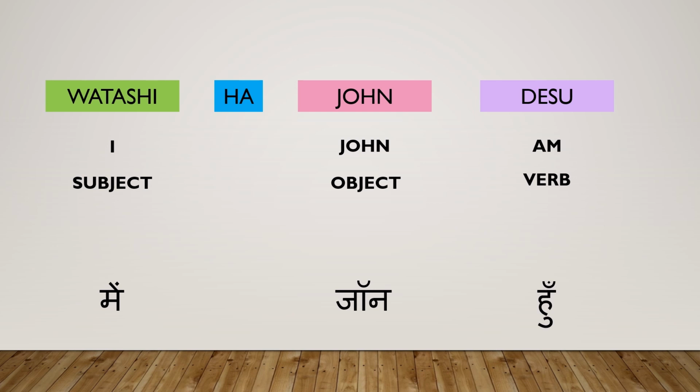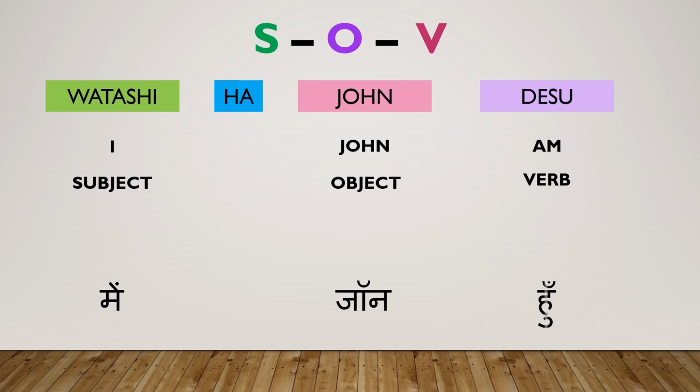So in Hindi, the sentence structure is main John hoon, which is in Japanese Watashi wa John desu. If we compare the difference between Japanese sentences and English, in English, what was the word order? Subject, verb and object. Whereas in Japanese, it is quite noticeable. It is subject, then the object and then the verb. So it is SVO in English and SOV in Japanese. SOV is a similar structure of sentences in our Indian languages as well, where the action is spoken at the end of the sentence.